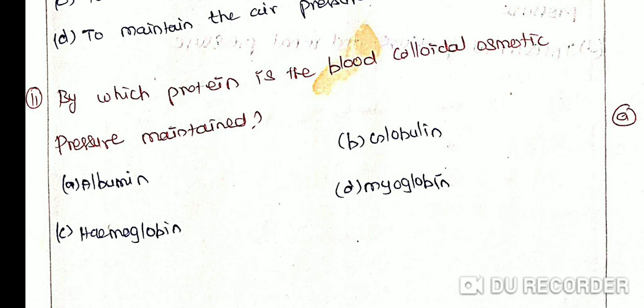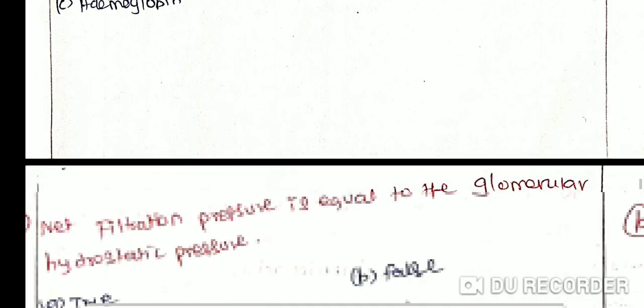By which protein is blood colloidal osmotic pressure maintained? Option A, albumin. Option B, globulin. Option C, hemoglobin. Option D, myoglobin. The correct answer is option A, albumin. Explanation: the blood colloidal osmotic pressure, or the BCOP, of the glomerulus is maintained by the protein albumin. It resists the filtration of fluid from the capillaries. Next question: